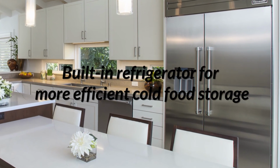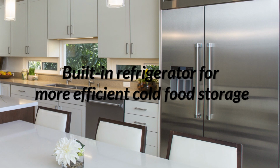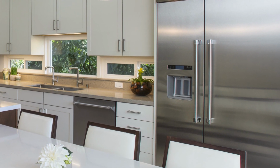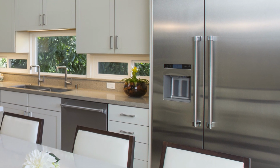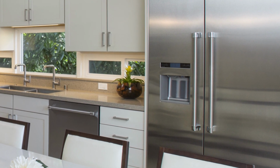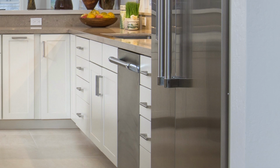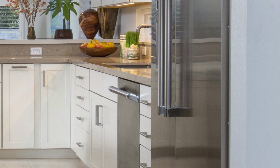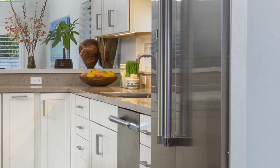Well, they did do a built-in refrigerator, so I thought, in terms of getting more space and losing less, built-in refrigerators probably give you the best option. There is a little more that you have to pay for, but I'm going to say your food will last longer in a built-in refrigerator, not just because it doesn't get lost, but because it is engineered to keep your frozen things